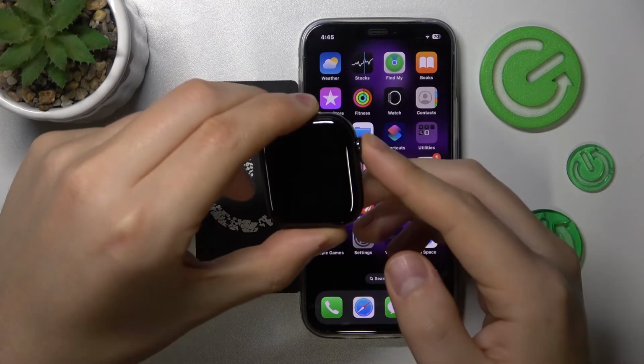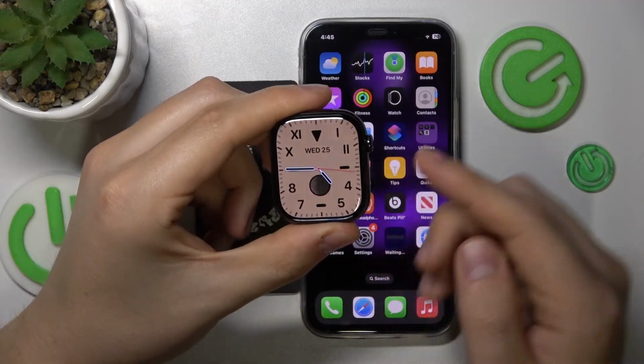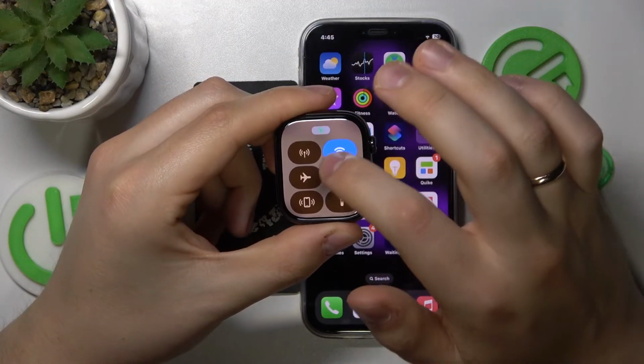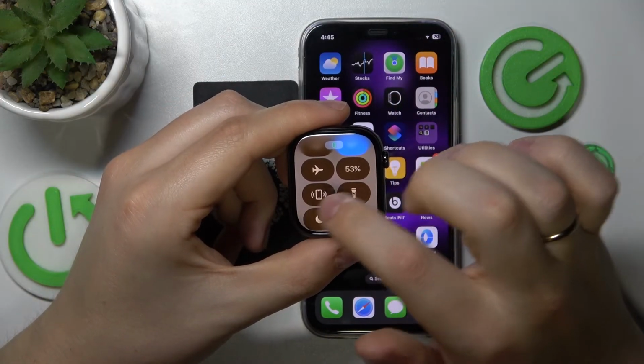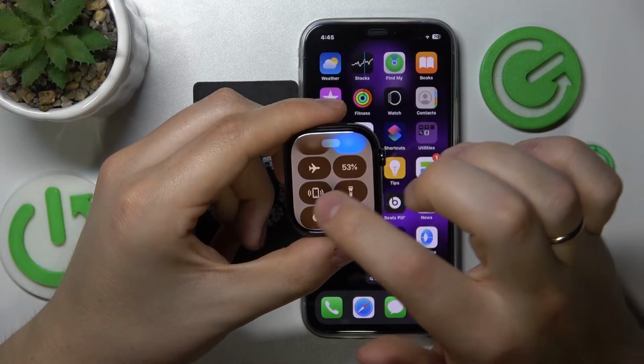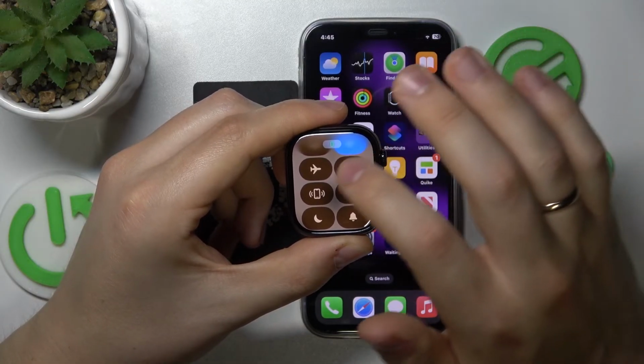Take your Apple Watch, unlock it. Once it is unlocked, press the side button once to launch the control panel, and here among available controls look for this specific icon. That looks like an iPhone with some waves going from both sides of it, I should say. So tap on it,